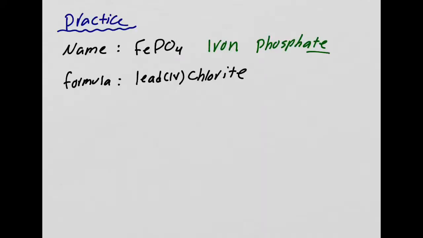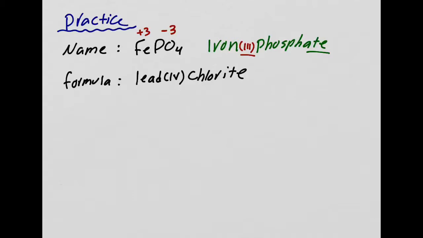So if phosphate will always have a -3 charge, what does the charge on iron have to be? It has to be +3, doesn't it? Because they end up canceling each other out, and I have nothing down here. So I know this is -3, and I know there's nothing down here, so this one has to be +3, so they would cancel each other out. So this is iron 3